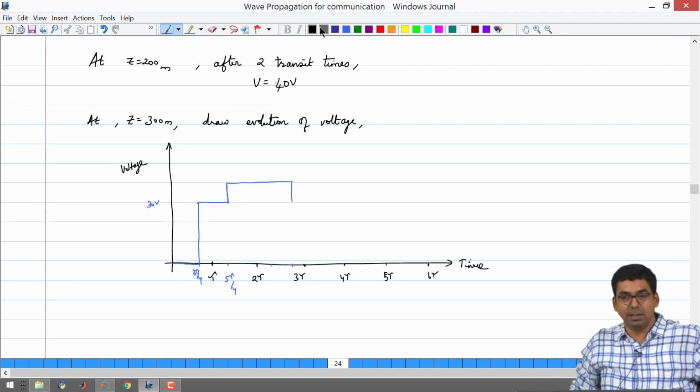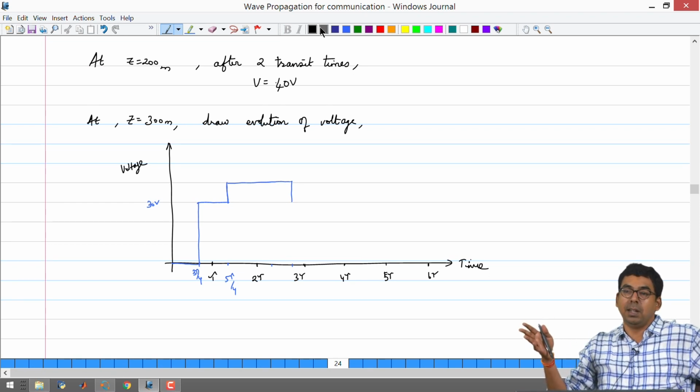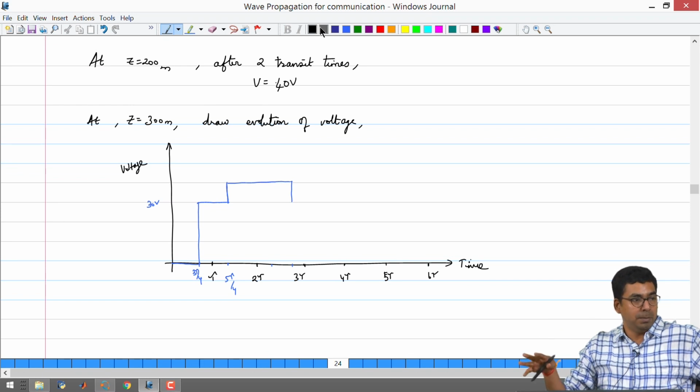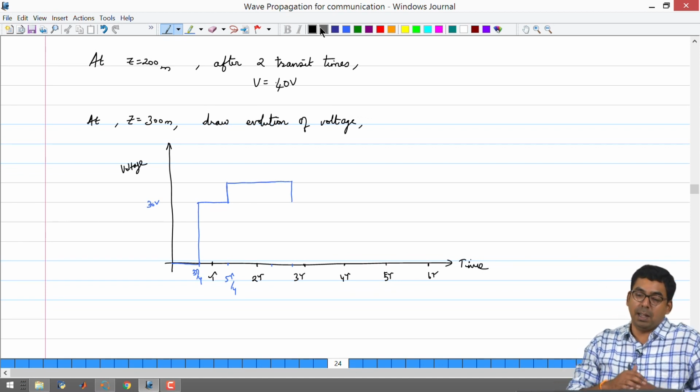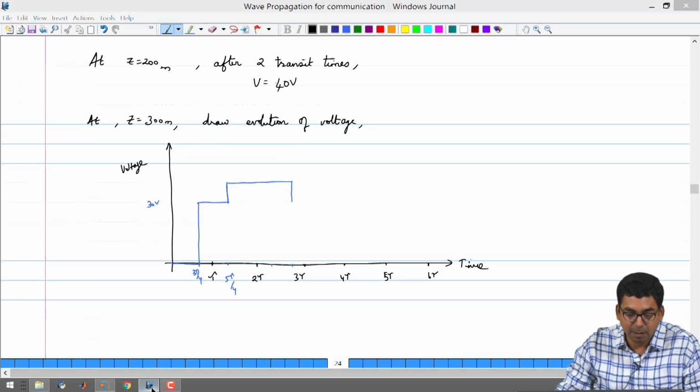Thus far we have not considered any termination in your simulation, that is we did not put load resistance equal to say 150 ohms or something like that, but you should be able to at least guess for an open circuit and short circuit what quantity will flip, what will not flip. Okay. So, at this point that is where you should be. Okay. Now, what are we going to do next? Towards the end of the class, I was telling that you could be a little bit more creative in the way you set up the source.